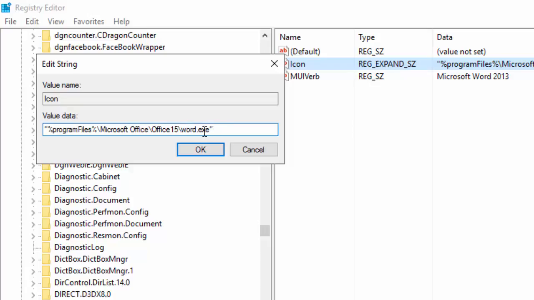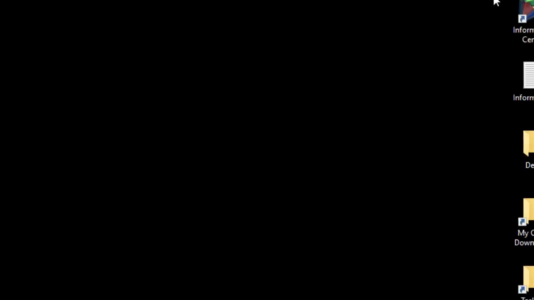I'm sorry, it's supposed to be WinWord. Yes, WinWord.exe. So it's the quotes, %program files%/Microsoft Office/Office15/winword.exe and quotes. So we're going to go ahead and push OK again and minimize the Windows Registry editor and